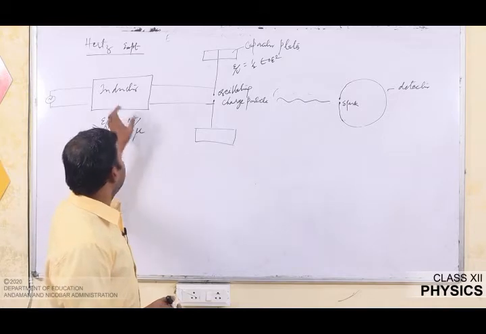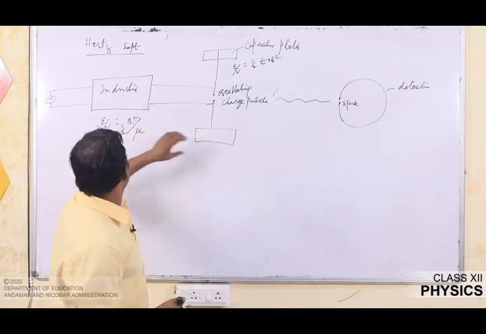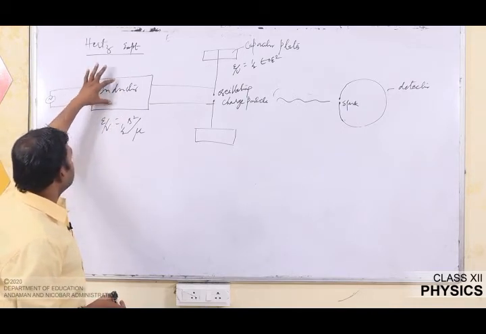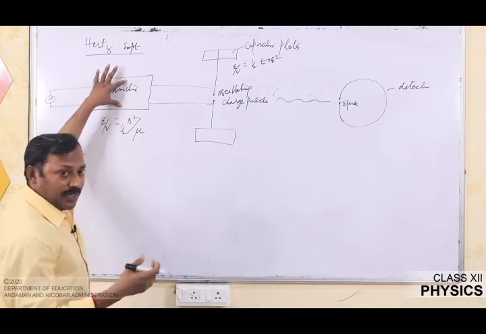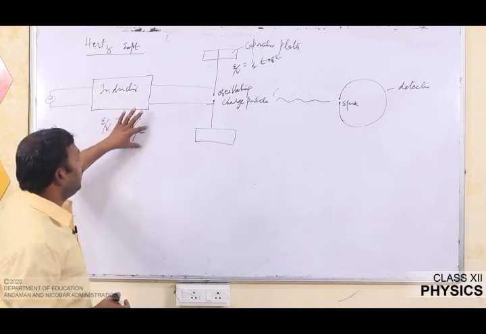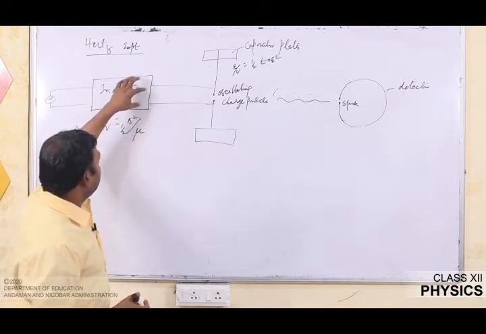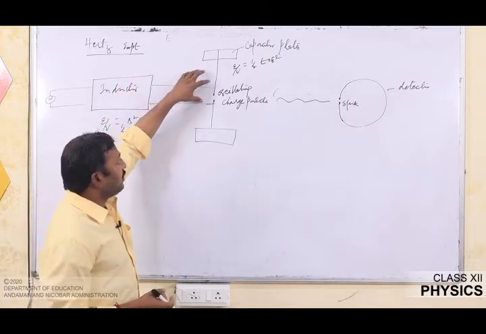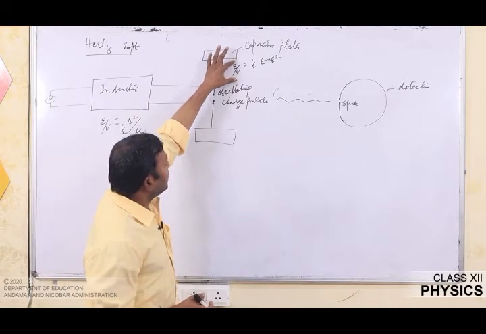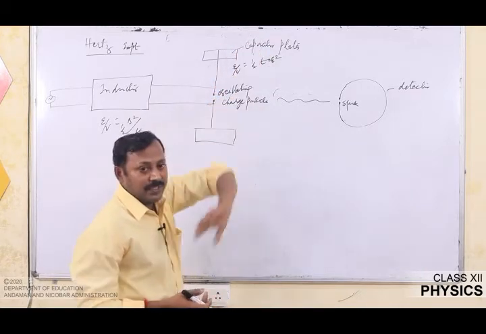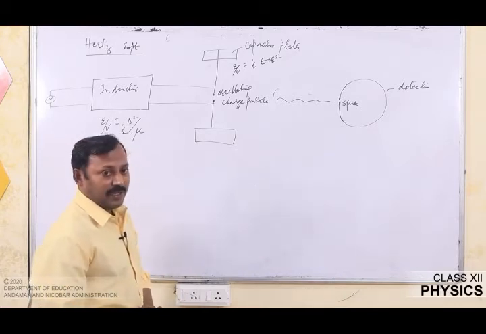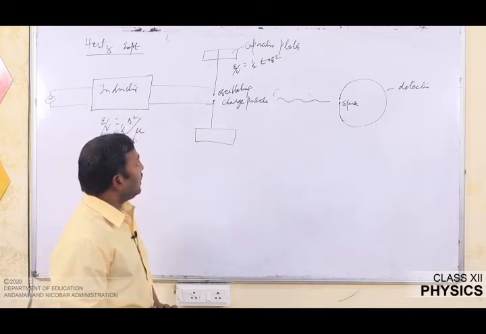The instrument consists of an inductor and a capacitor. An AC signal is fed to the inductor. Because of this AC voltage, magnetic energy will be stored in the inductor. This magnetic energy density is given by B² / 2μ. Similarly, when this energy is supplied to the capacitor, the energy density stored in the capacitor is equal to ½ ε₀ E². So, both the energies, that is magnetic energy as well as electrical energy, are oscillatory in nature.